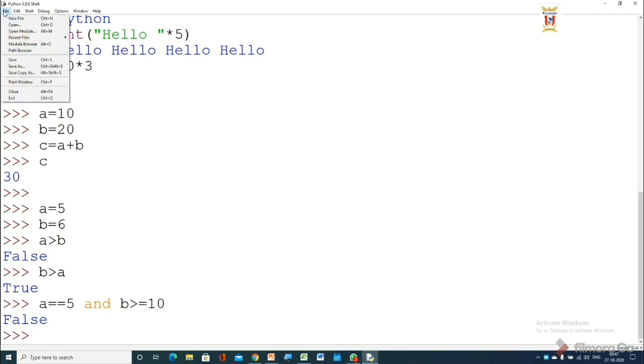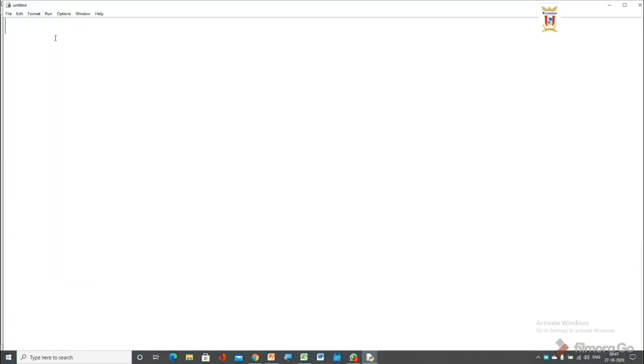Let's take an example for this. If I write a is equal to 10, b is equal to 10, and give a condition: if a greater than 0